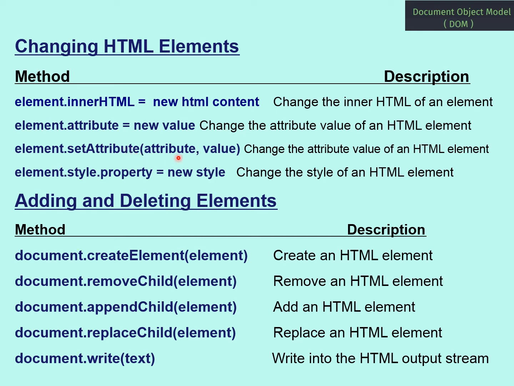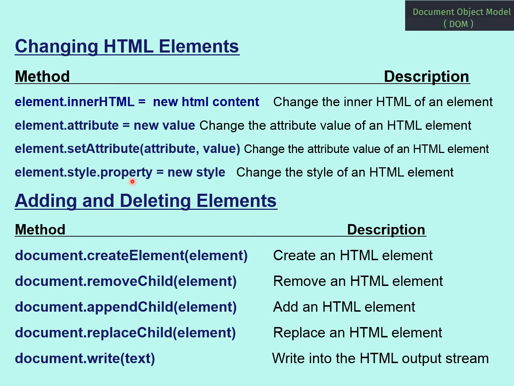Element.setAttribute(attribute, value). This function is also used for changing the attribute value of an HTML element. Then element.style.property equal to new style. This is responsible for changing the style of an HTML element. So the different methods used for changing HTML elements are element.innerHTML, element.attribute, element.setAttribute,